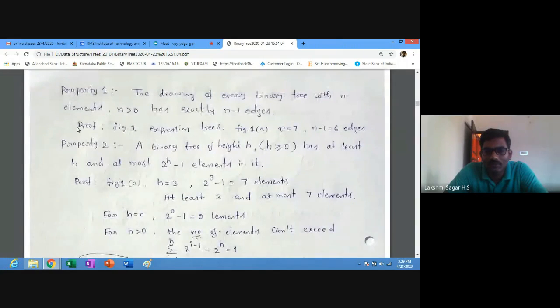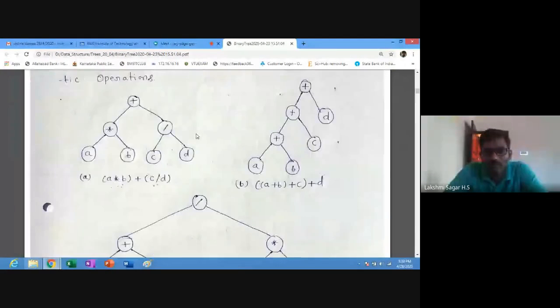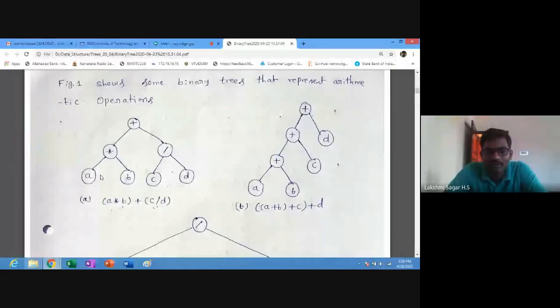If you look at figure 1, the expression trees, in this binary tree or expression tree, how many elements are present? 1, 2, 3, 4, 5, 6, 7. 7 elements. So the number of edges should be n minus 1, where n is 7, so 7 minus 1, exactly 6 edges should be there.